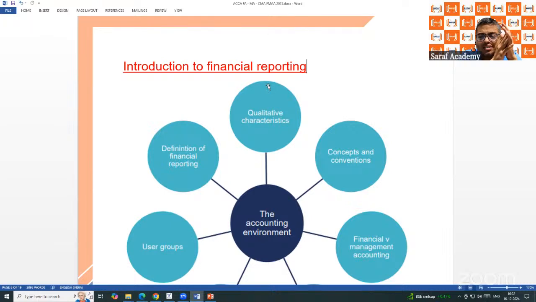Accounts is not a science. For any transaction to be recorded, classified, and then presented as a summary, there are different options given. For a small organization, for a bigger organization, for a not-for-profit organization, different types of organizations are there in the world. And those different organizations have been given different options to record the transaction, classify the transaction, and present the summary. For small, for medium-sized, for higher level, for listed companies, the rules and regulations are different.